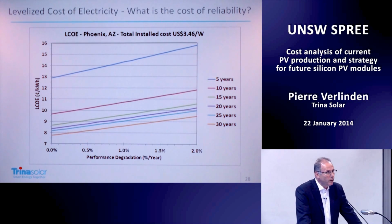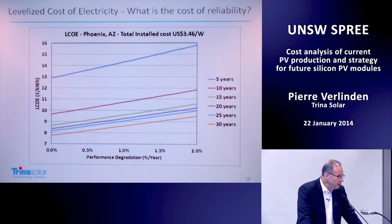Another way to reduce LCOE is to improve the reliability of your module. This is an example simulation of LCOE for a particular location, for a particular system cost, and this is relatively high, but it's typical cost in